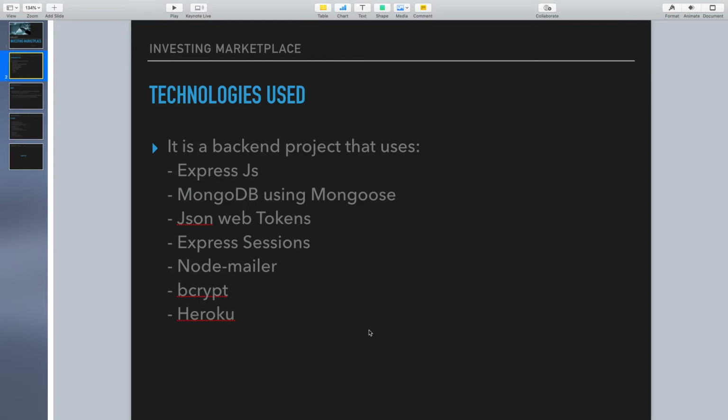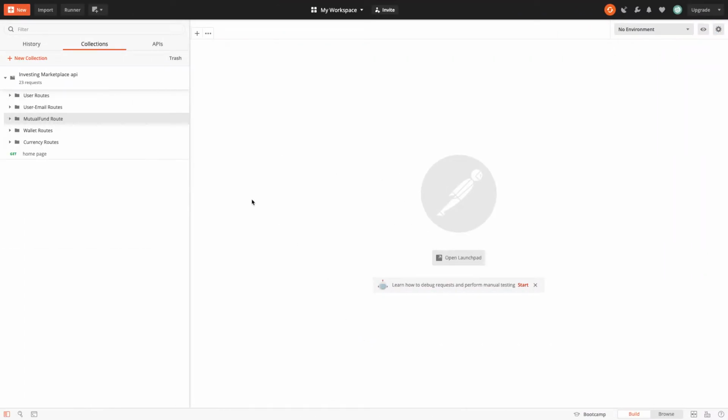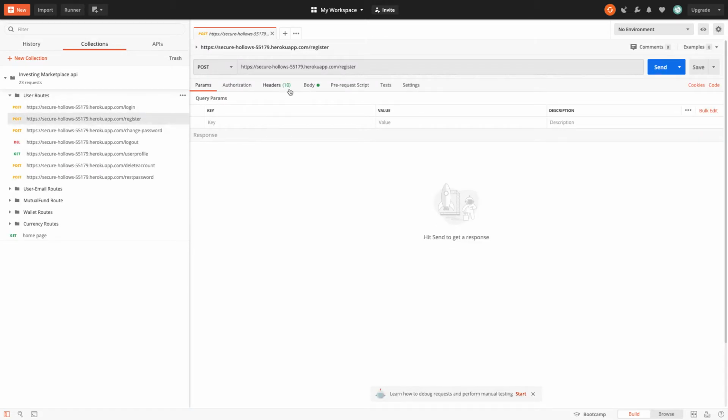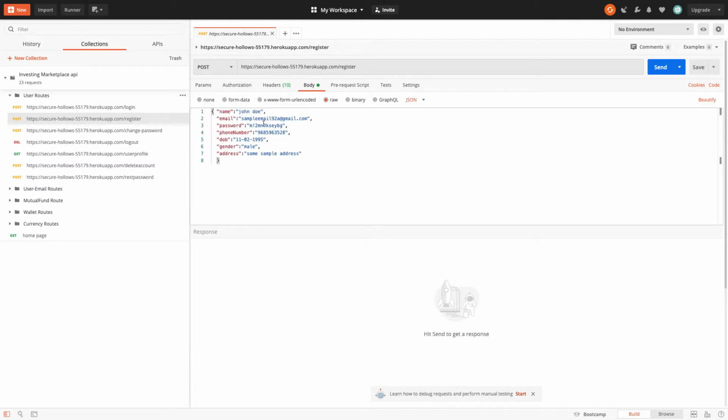So I'm going to walk you through the project and its features via Postman. So these are different routes. First we'll register the user. I've already filled in some information. So this is the name, email. These are the required fields. The password has to be 8 characters, alphanumeric, with a special character. Email has to contain the @ symbol and stuff like that. Let's register the user.